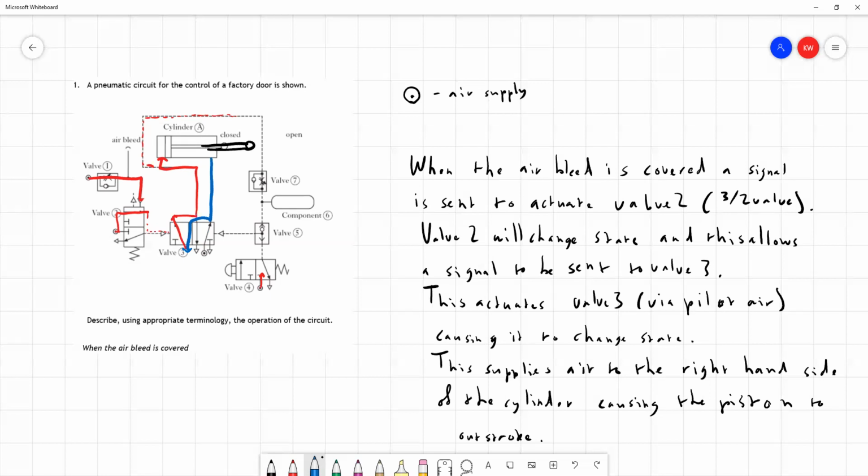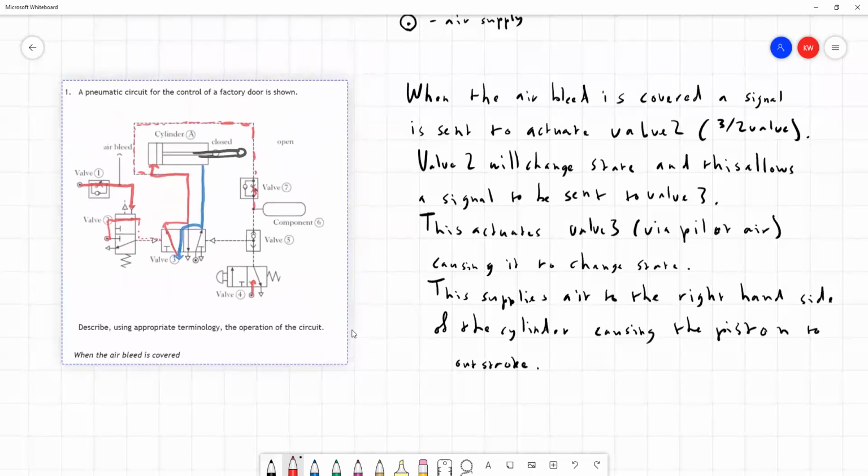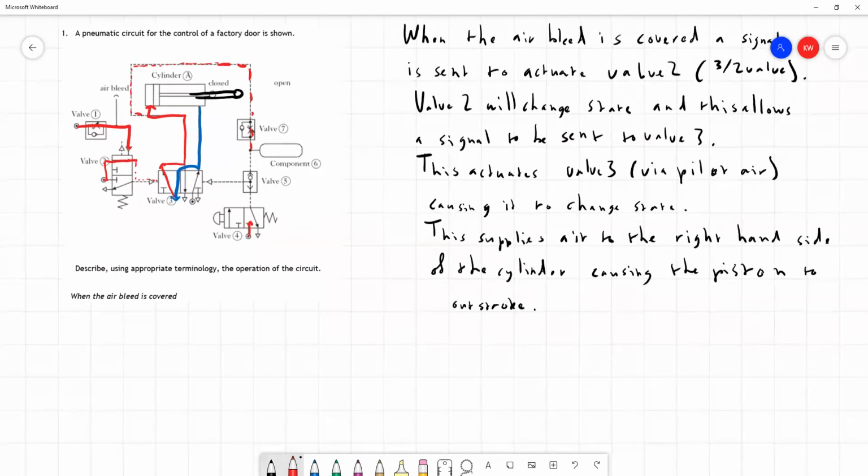So when we have a split like that just before the left-hand side cylinder, this is happening at the same time. So we're getting a signal sent around here. And what we've got is a unidirectional resistor, valve 7, and a reservoir, called a component, at number 6. So what we can say about this, I'll move our diagram down, is that at the same time, because this is happening at the same time, the air goes to the cylinder, but at the same time,